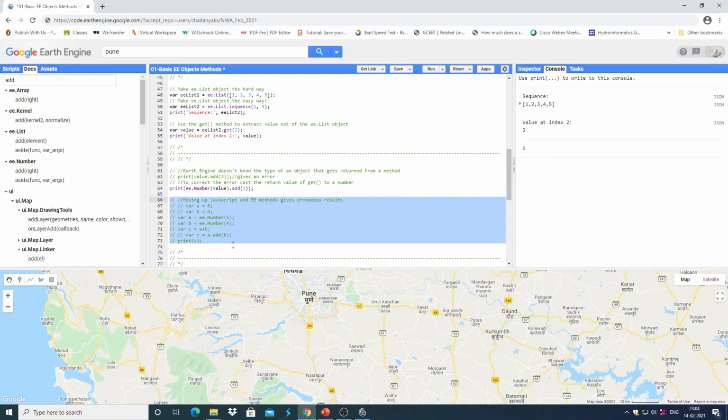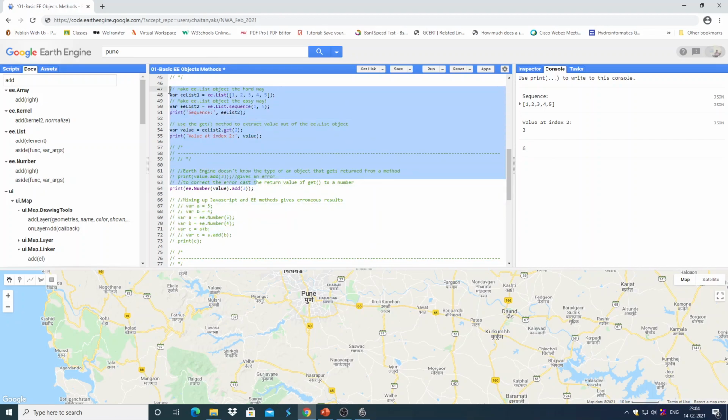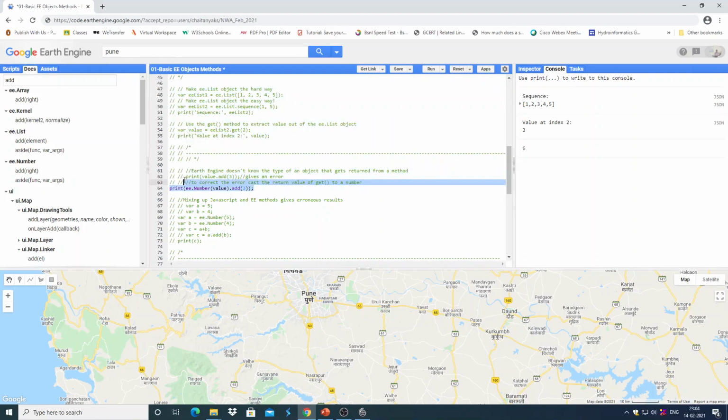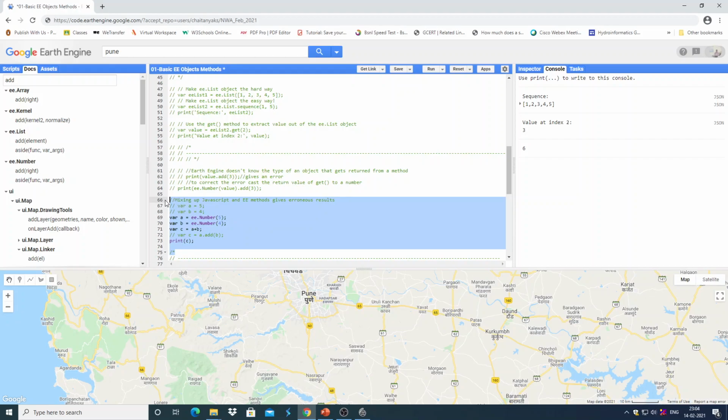For more clarity, you can see this part of the script. Now, why does mixing up JavaScript and Earth Engine methods give erroneous results? It may give an erroneous result. That is why you need to know the difference.